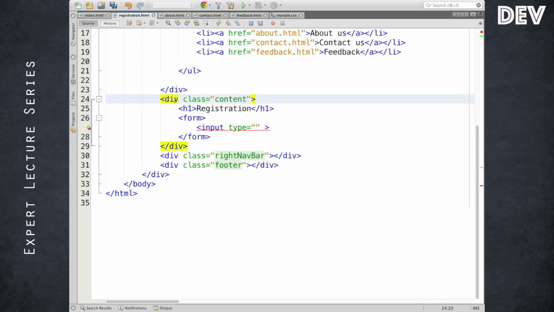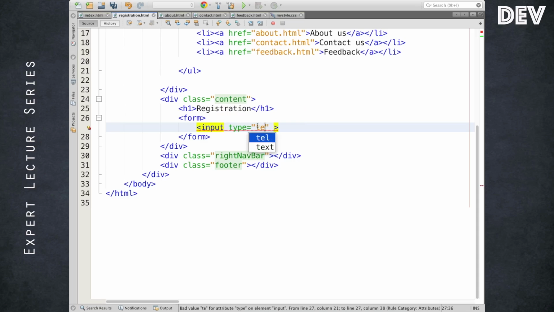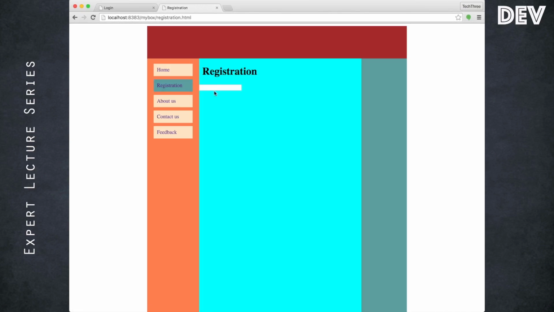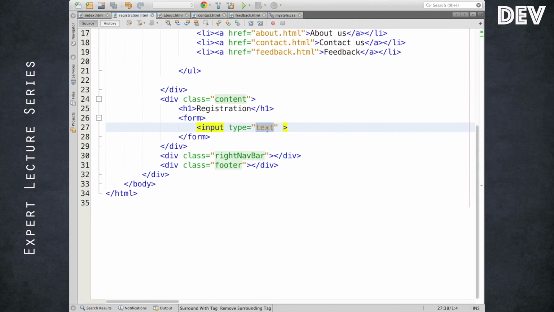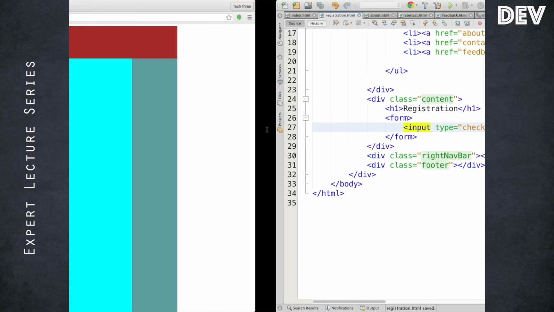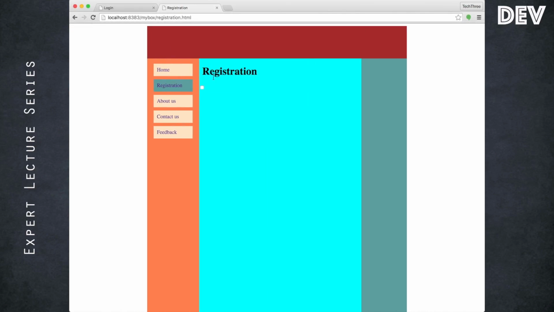Depending on the type, in this case of input, the input element will have a different presentation. Assuming the input type is text, you see that a text input or text field is showing over here. If it is checkbox, it will put a checkbox.